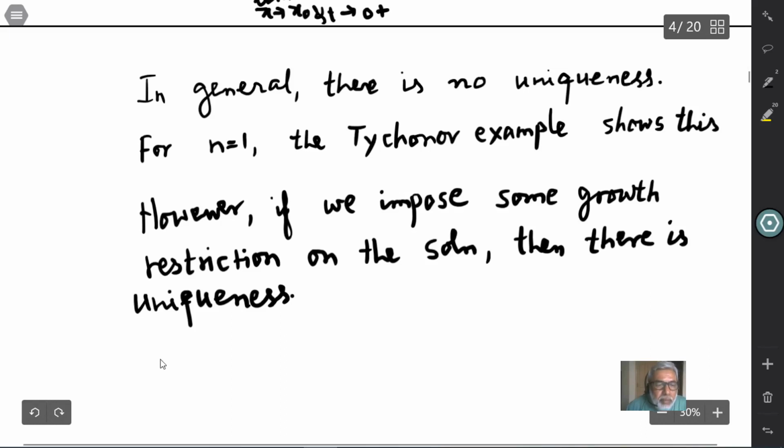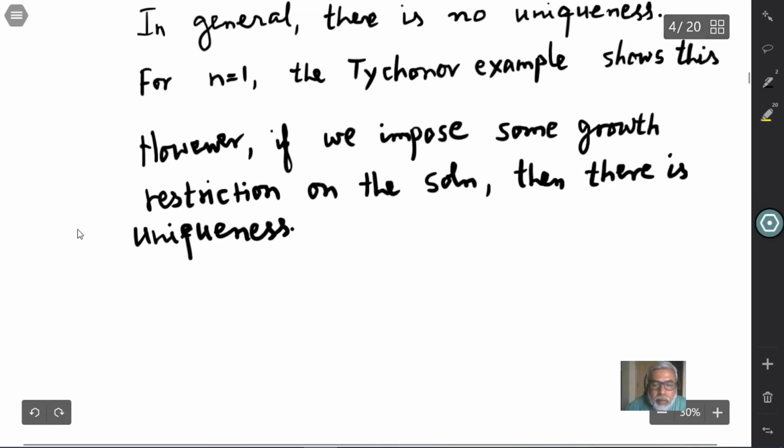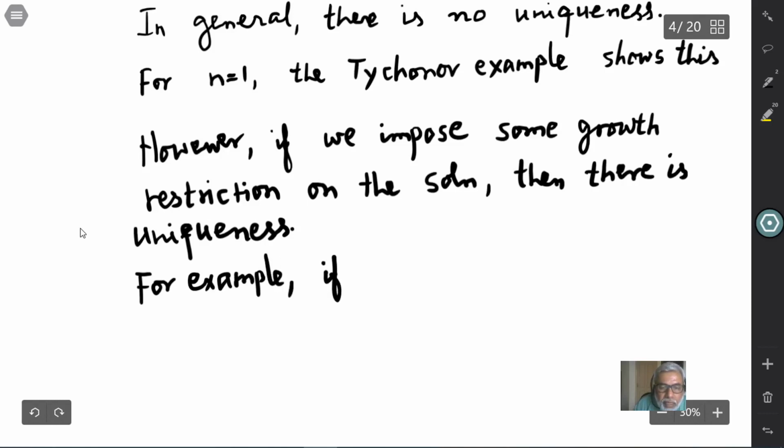So for example, if the initial condition g is bounded and continuous,